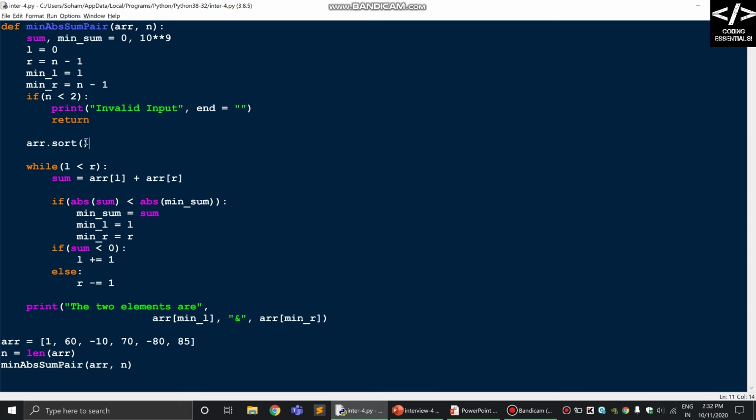Now we will call array dot sort. The time complexity of Python sort is n log n in both the average case and the worst case.